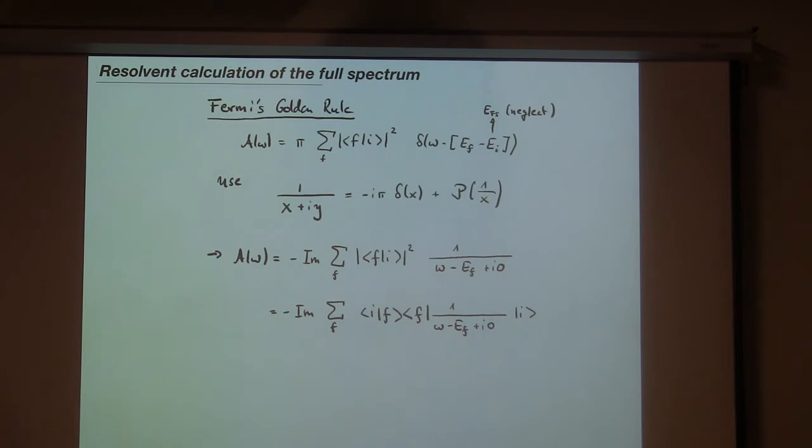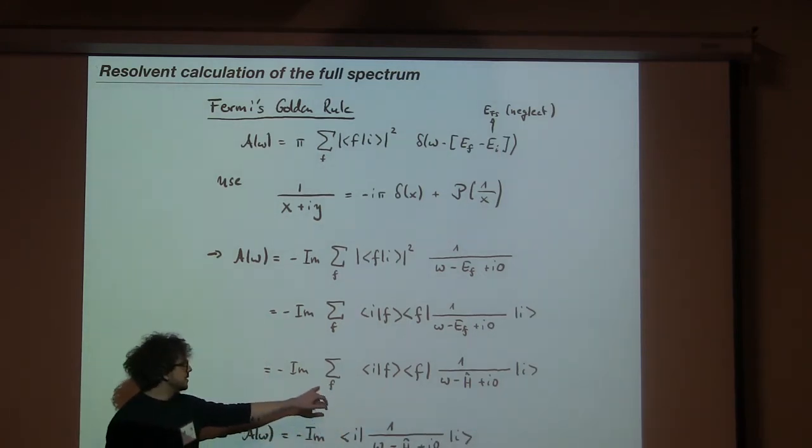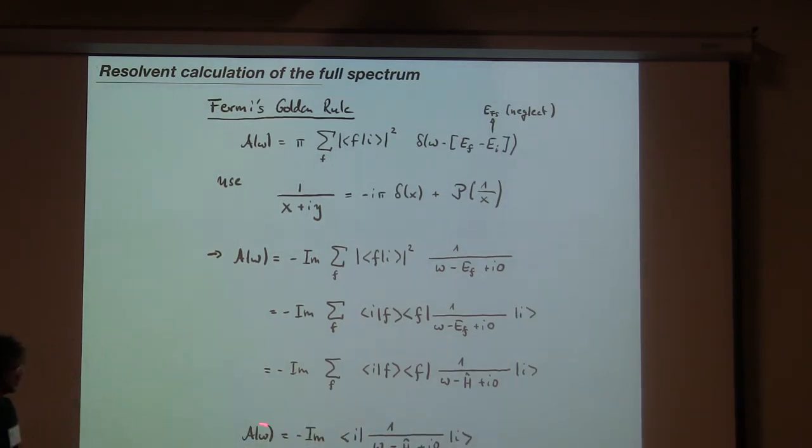So we have to take the imaginary part of this whole object. Well then, this is just a number. We can put the number inside of this expectation value here. Then we can replace the final state energy by the Hamiltonian itself, and this is called the resolvent of the theory, or of the model. And now, this is a complete set of states, so we can remove the final state sum. And what we just showed is that the spectrum should be given by the imaginary part of the resolvent, or the expectation with respect to the initial state of the system.